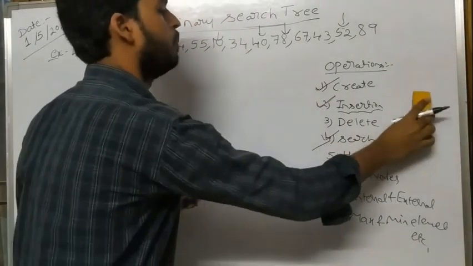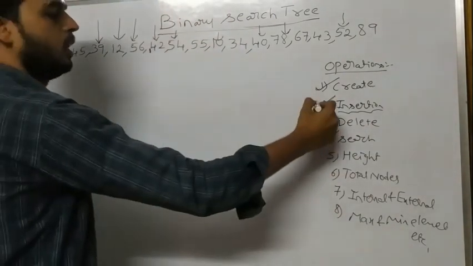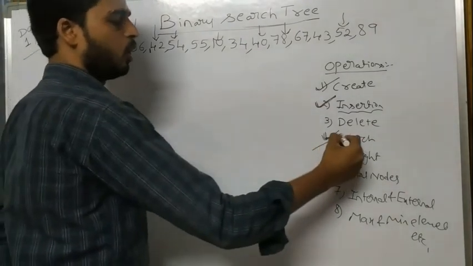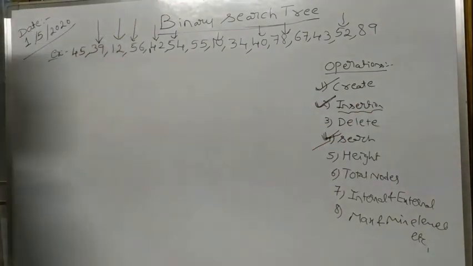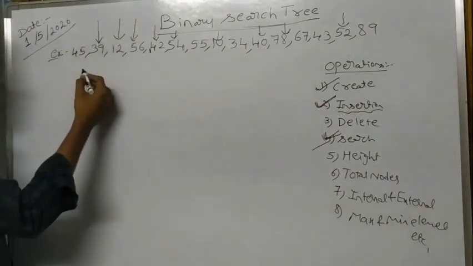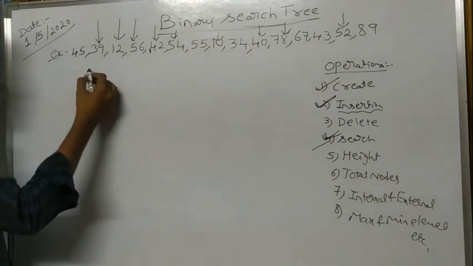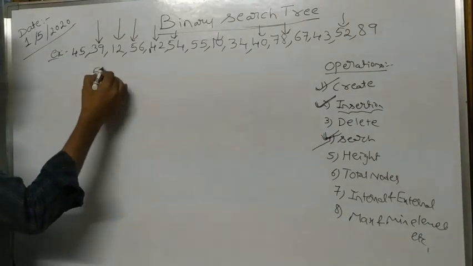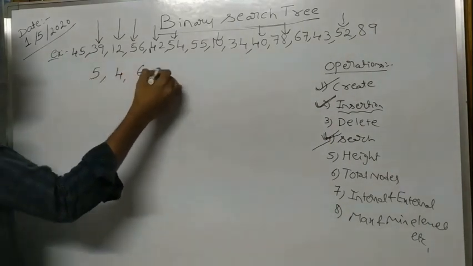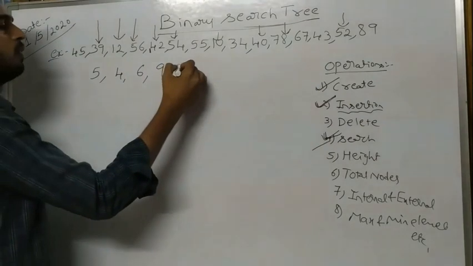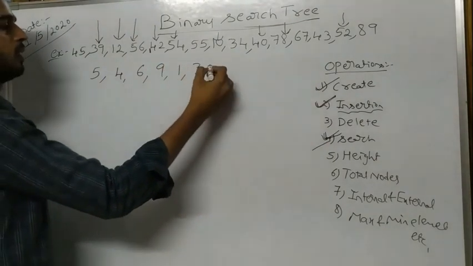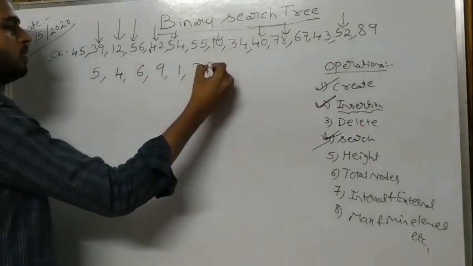So we have completed how to create a binary search tree, how to perform insertion over a binary search tree, and how to perform search over a binary search tree. Now let's take one more example. For example, I am simply taking 5, 4, 6, 9, 1, 3, 2,